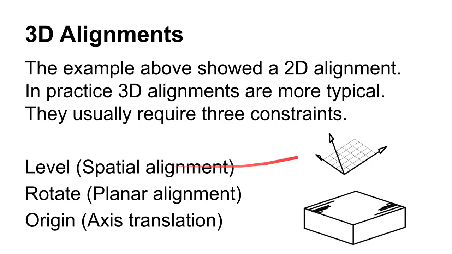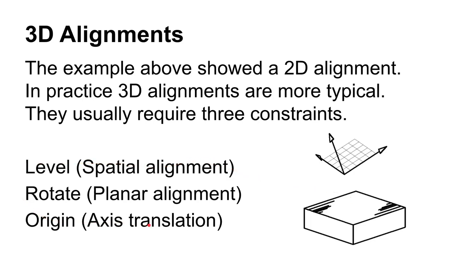All right, so we'll come in here. This is the way that these alignments work. I showed you an example that kind of looks like two-dimensional alignment, but in general what you'll do is come in here and set up a three-dimensional alignment. And what you'll have when you've done that is a thing called a part coordinate system. Or from the GD&T side, you can think of it as a datum reference frame.